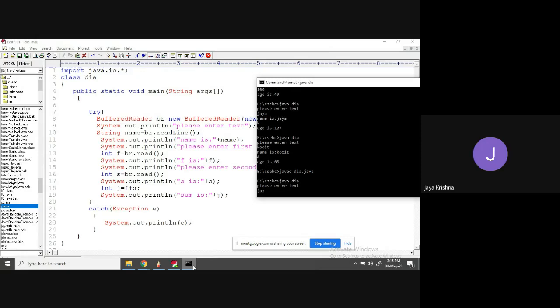Okay, please enter the first value, 5. Please enter the second value, s is 13. Automatically it is taking. Why?